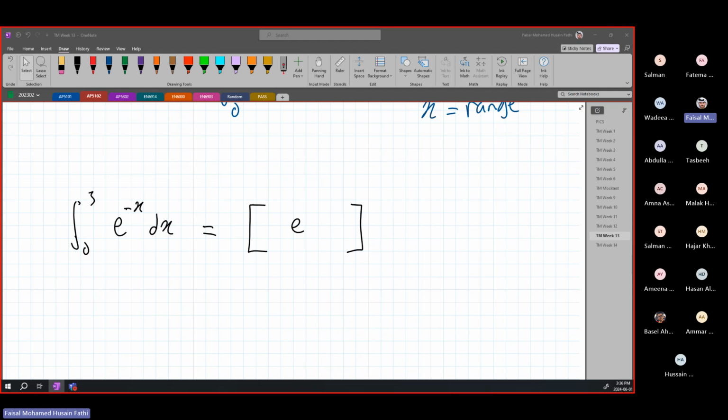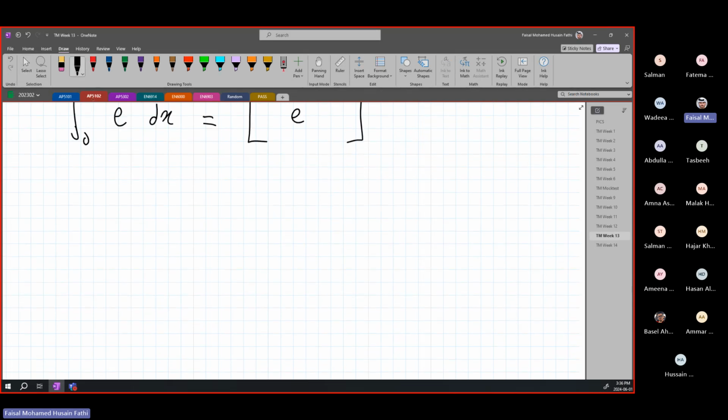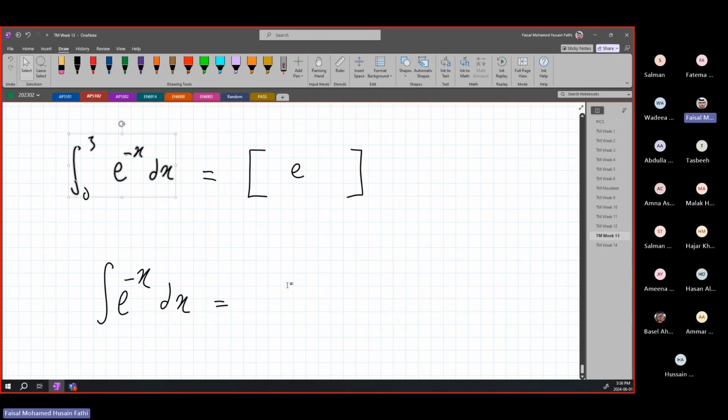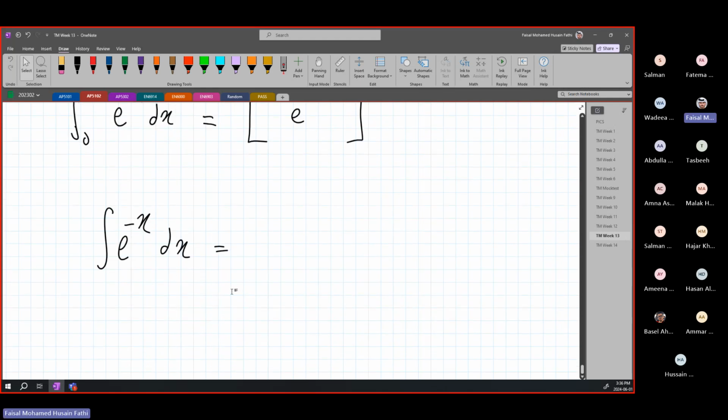Because if you noticed so far, the hard concepts are not hard. They're very simple. The only thing that you may make a mistake in is the actual integration. So tell me, what do you think the integration of e^(-x) is? I said the integration, not the actual value. Okay, ignore this question. This is the question now. What is the integration of e^(-x) dx? Without the value, what is the integration of e power minus x?